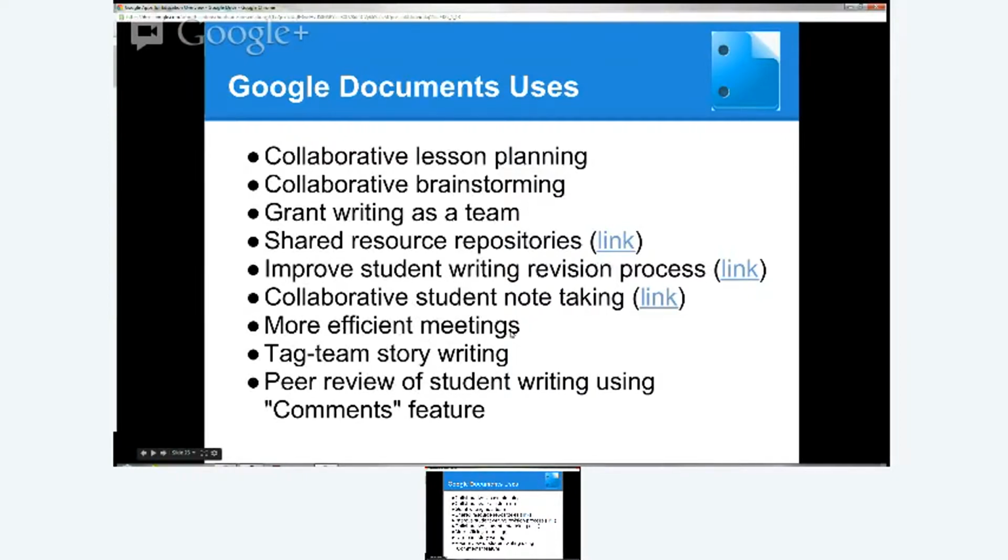Fantastic for meetings. We create our agendas with Google Docs, and then everybody can put on the agenda what they need to talk about. And we usually find out that we end up solving about half the things on the agenda before we actually have the meeting, because it allows us to work together on these things even before we